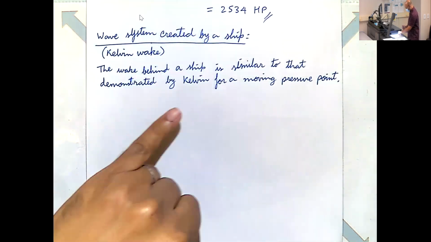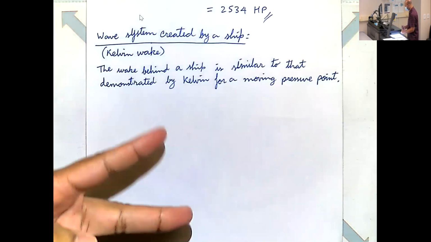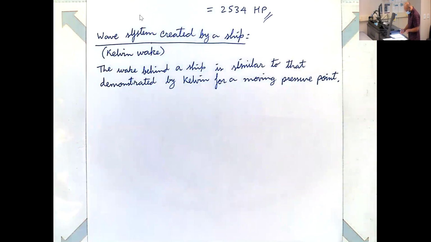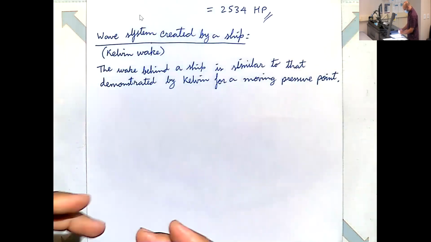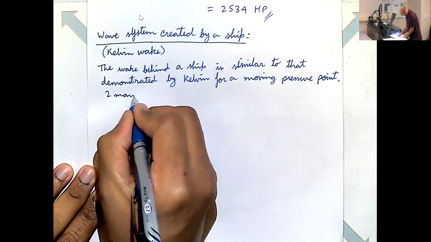Okay, and Kelvin showed that you will end up getting these two systems, a transverse system of waves and a diverging system of waves. So two main characteristics are